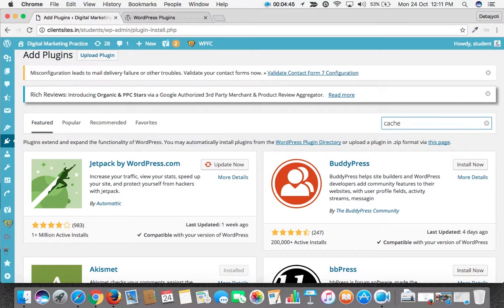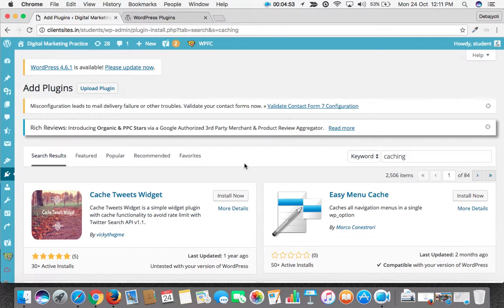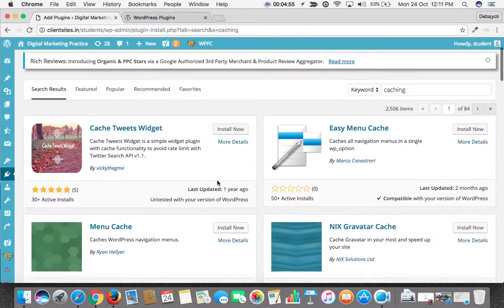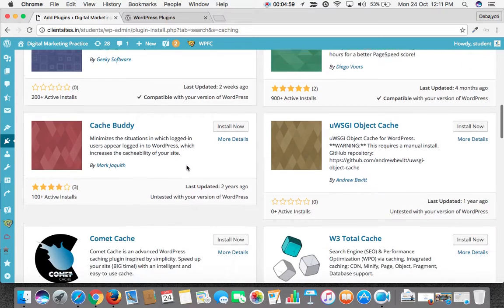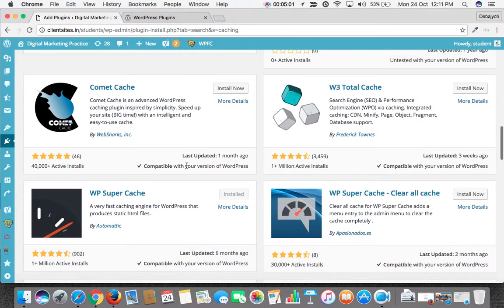I write caching, click on it, and let's check what different caching plugins it's showing. Different kinds of caching plugins. Now we see the reviews, like 1 million active installs, and it's a very good review. You can see the install now button here, so you can click on install now,